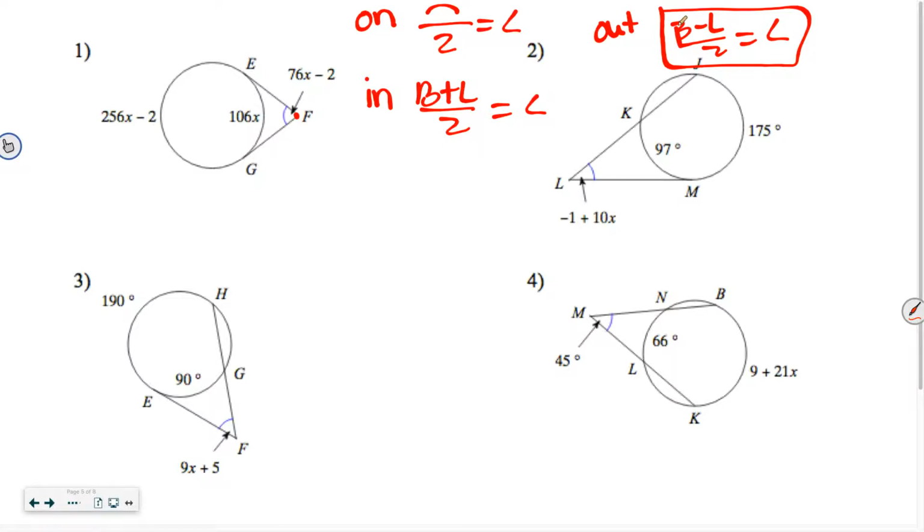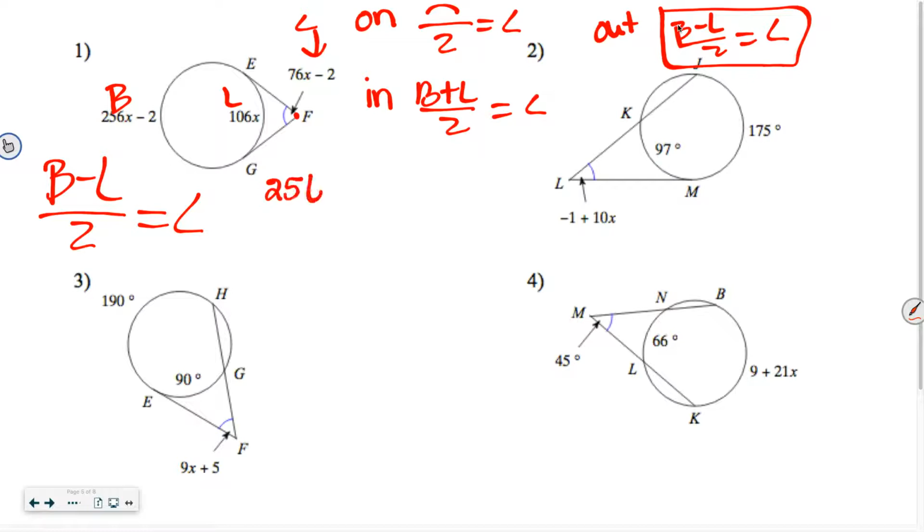So here, I'm going to write big minus little divided by 2 equals the angle. Then I'm going to see what each thing is. Here is my angle. This is my little, and that's my big. So I'm going to fill this into what I know. So big 256x minus 2, minus my little, 106x, divided by 2 equals, and then I have 76x